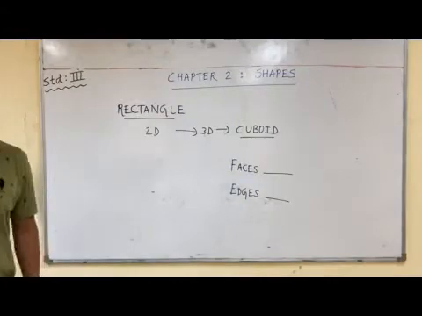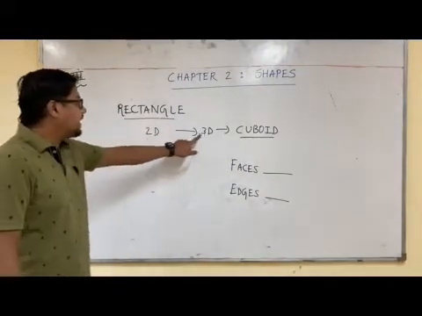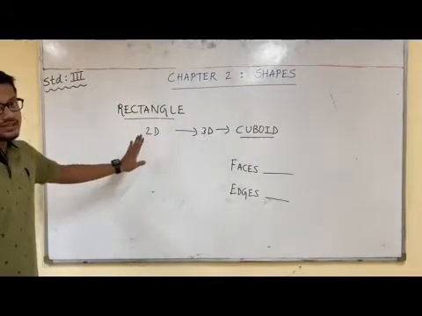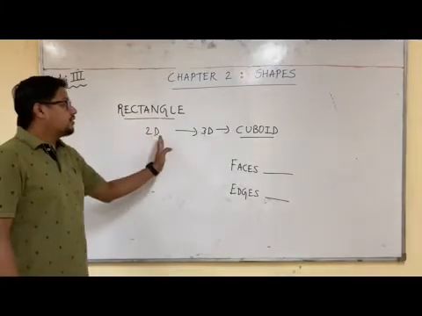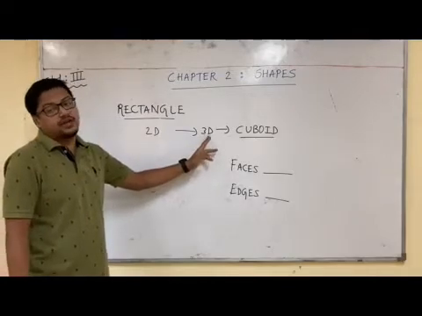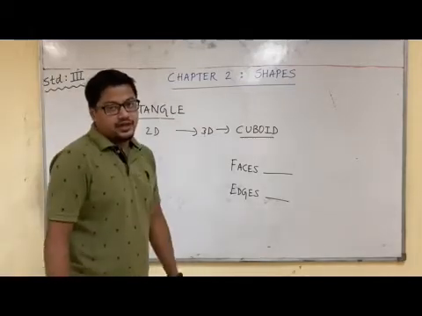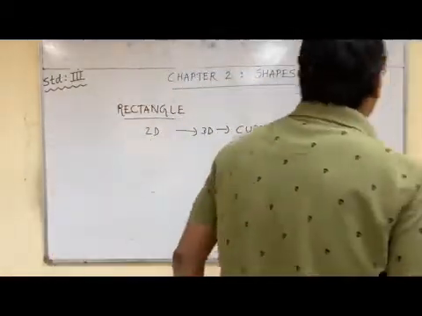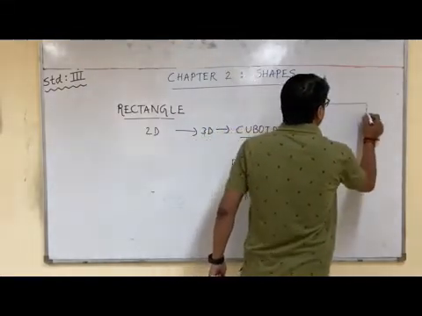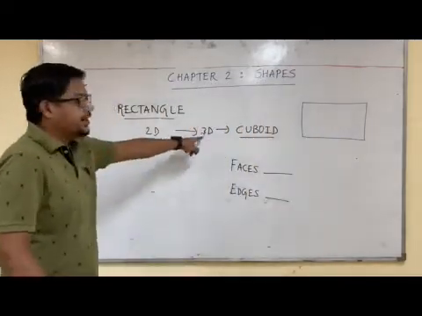Okay students. Now let us discuss the second type of 3D shape, that is a 3D rectangle that we call cuboid. Okay. Rectangle is a 2D shape, correct? Whenever we are converting this rectangle into a 3D shape, we get a cuboid. Okay. So the method to draw will be the same. We will draw it once more. Okay. Now let me draw a rectangle first of all. Done. Why rectangle? Because cuboid is 3D form of a rectangle.